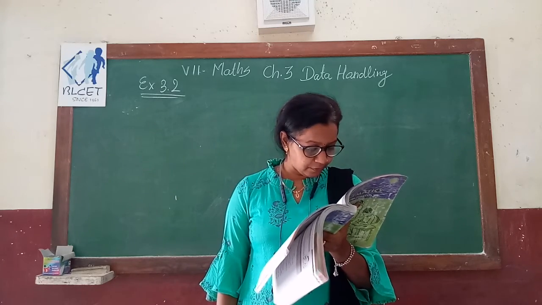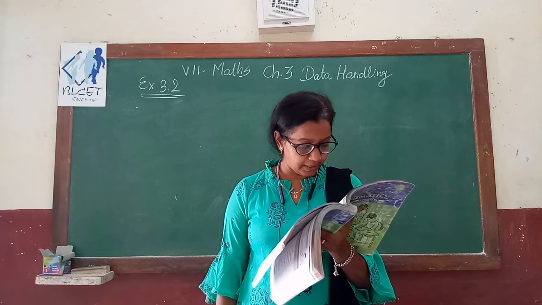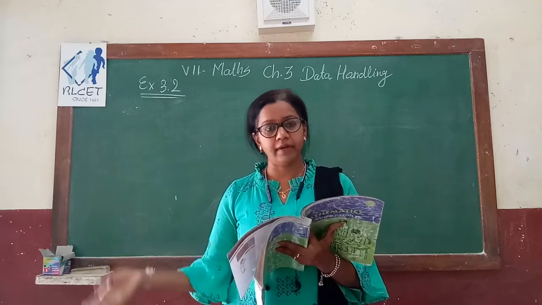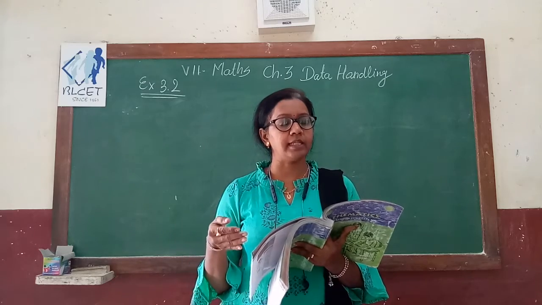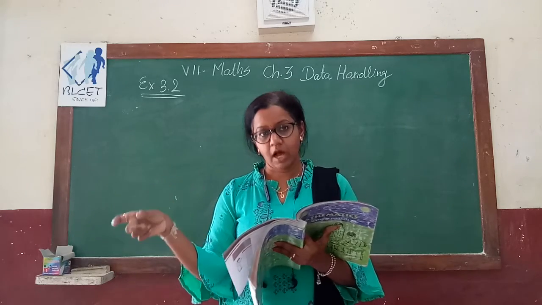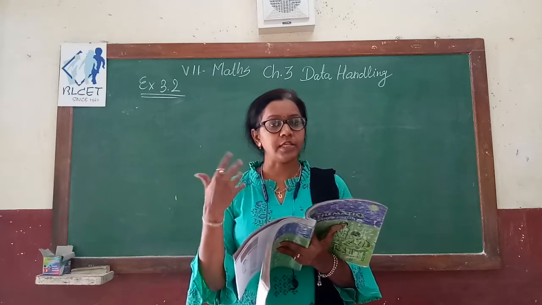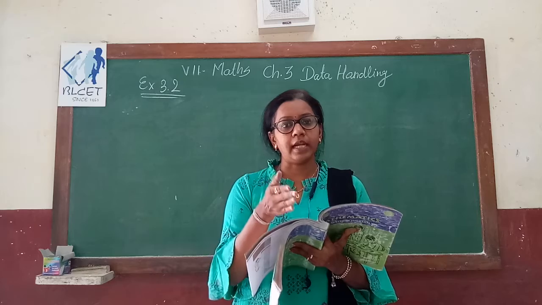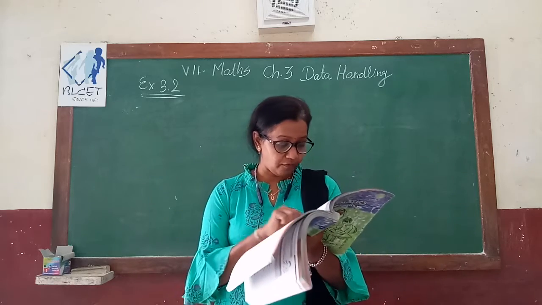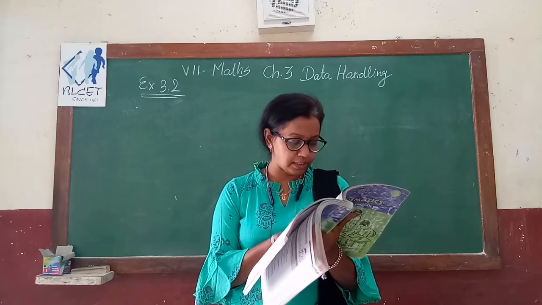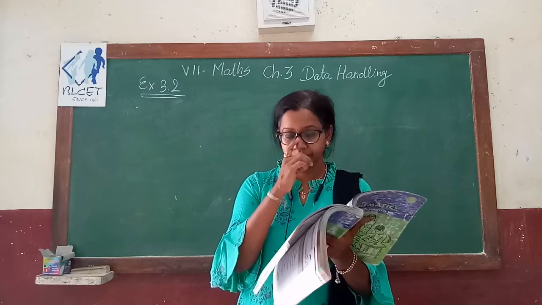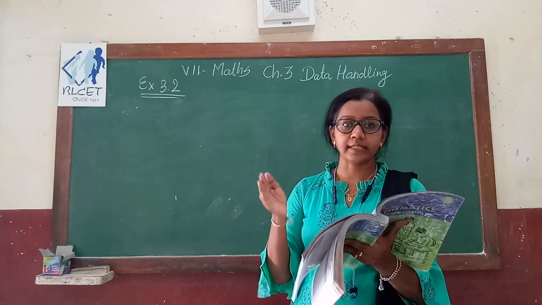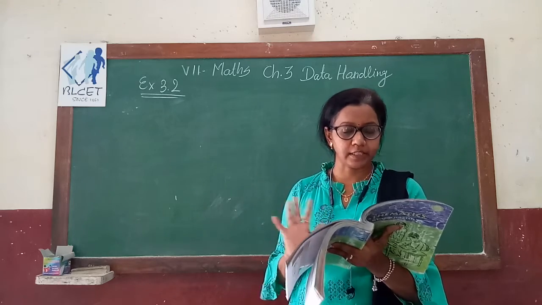The data 6, 4, 3, 8, 9, 12, 3 has mean 9. No. Whenever you take the average and you do the division by the number of observations, whatever answer you are getting, that may be in the data, that may not be in the data. So if you find the mean of the given observations, you will not get the answer 9. So the answer is false. 9 is repeated 2 times, so the mode is 9, that is correct, but the mean is 9, that is not correct.